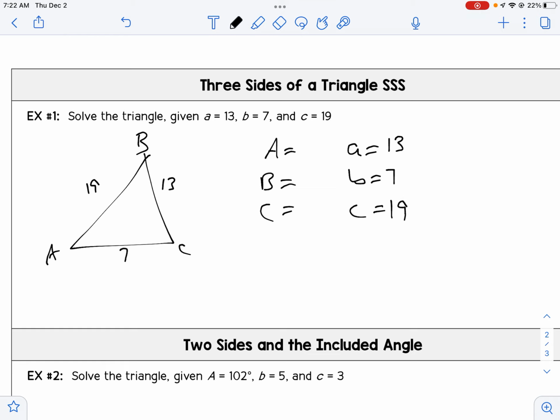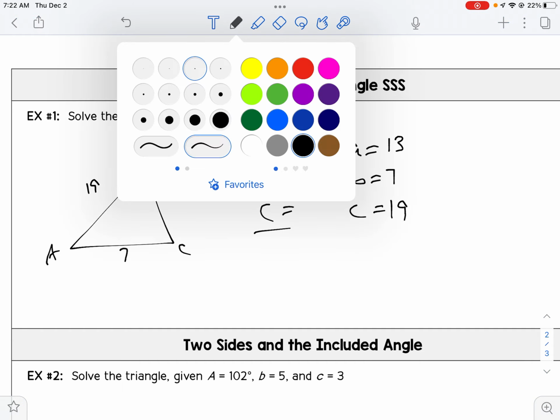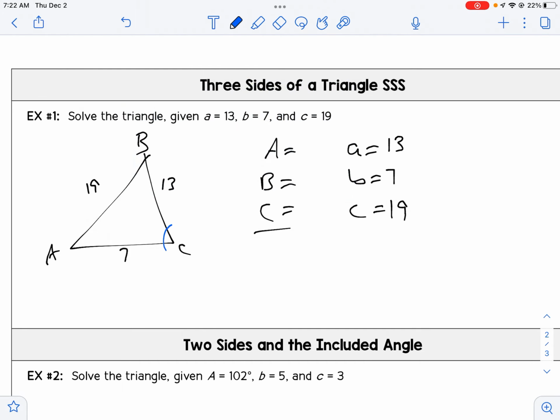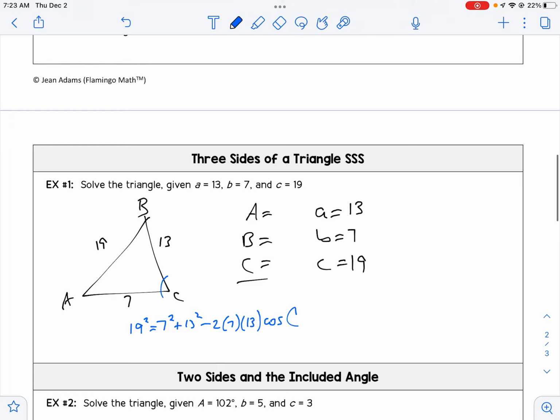I'm going to choose to find angle C first. So that would be this angle right here. So when I set my formula up for angle C, it's going to say 19 squared equals 7 squared plus 13 squared minus 2 times 7 times 13 times the cosine of big angle C. Now, because I'm looking for an angle, this formula probably isn't the best one. I could use it if I really wanted to. However, we do run into some issues